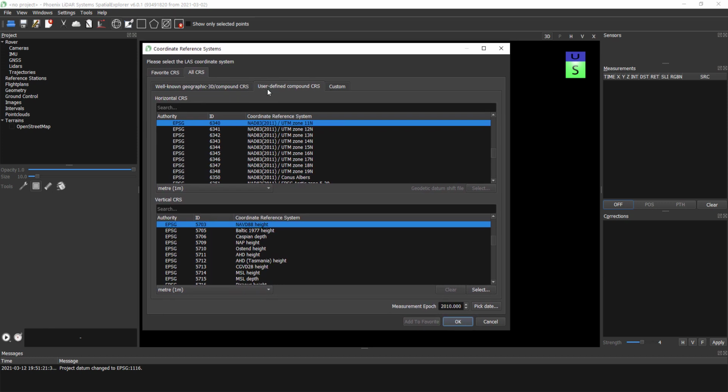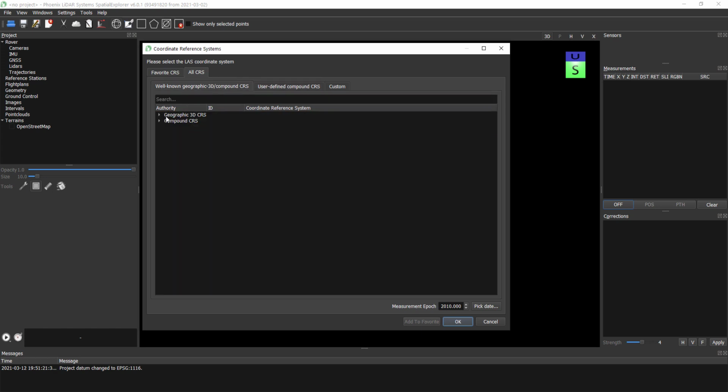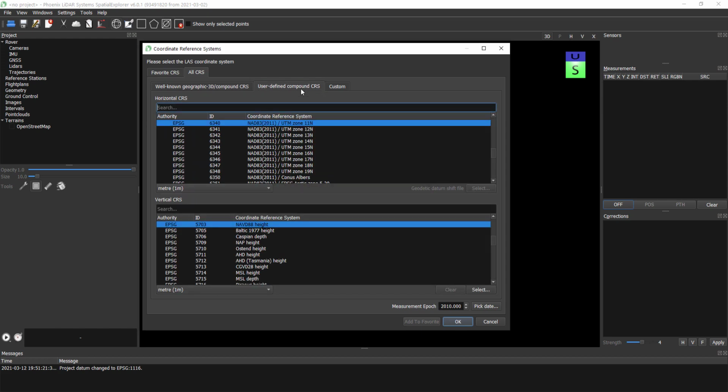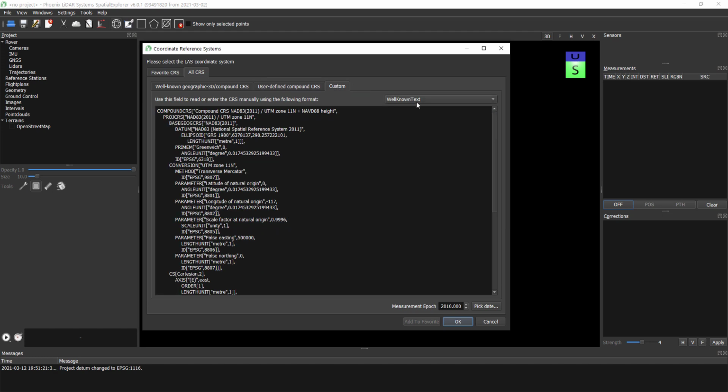Here we have a few different options of finding your coordinate system of interest. You can search through our well-known geographic or 3D compound CRS, or a user-defined CRS with horizontal and vertical separated. And we are also able to import PROJ, or a well-known text format of